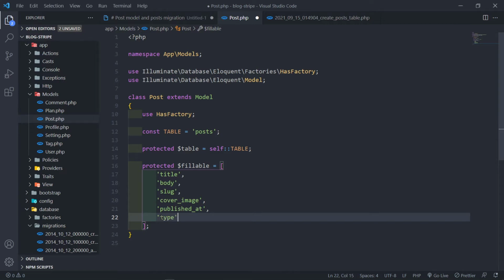The next thing we want to add in here is the type. We're going to have two types: a standard post that's for free members, and a premium post for subscription users, so for paid members. Next we've got published at, and the other thing I want to do is add a photo